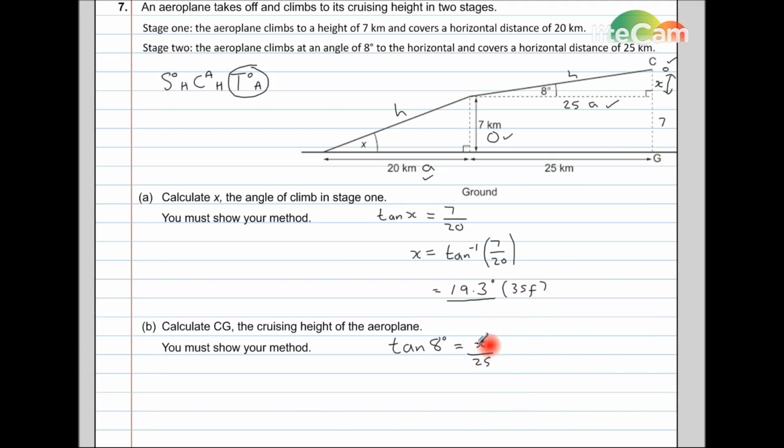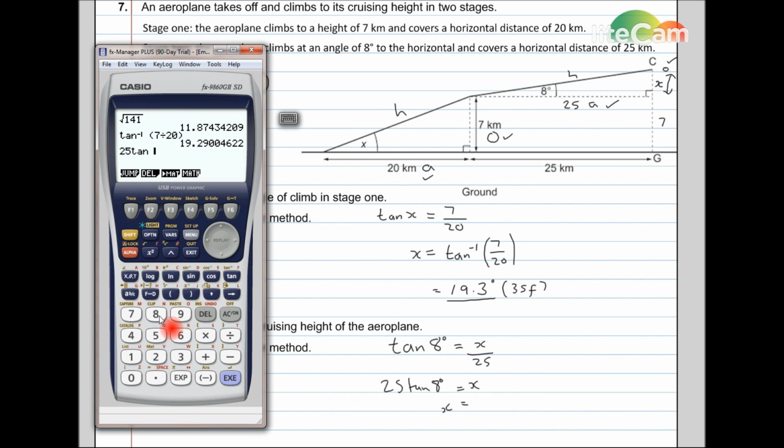And if we want to find x, or isolate x, get it on its own, at the moment we divided by 25, so we're going to multiply both sides by 25, and we'll get 25 tan 8 degrees equals x. And if we put that into our calculator,